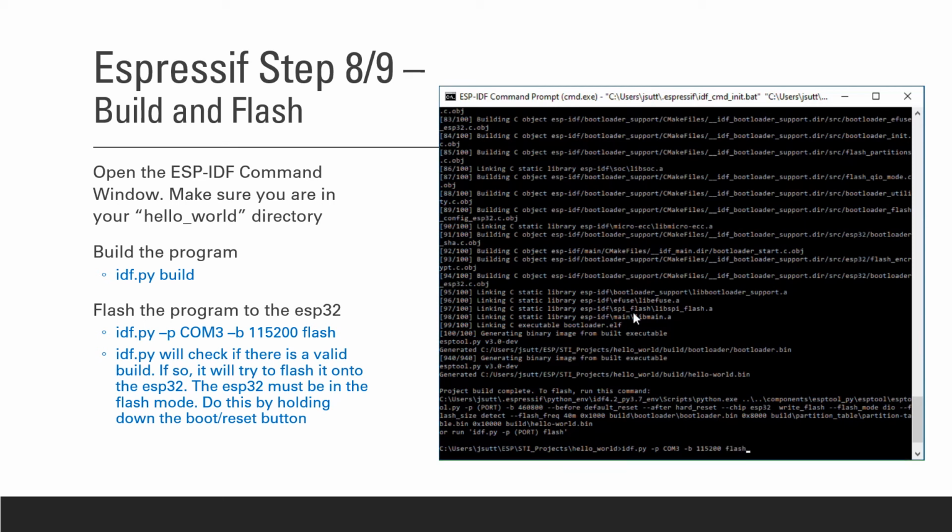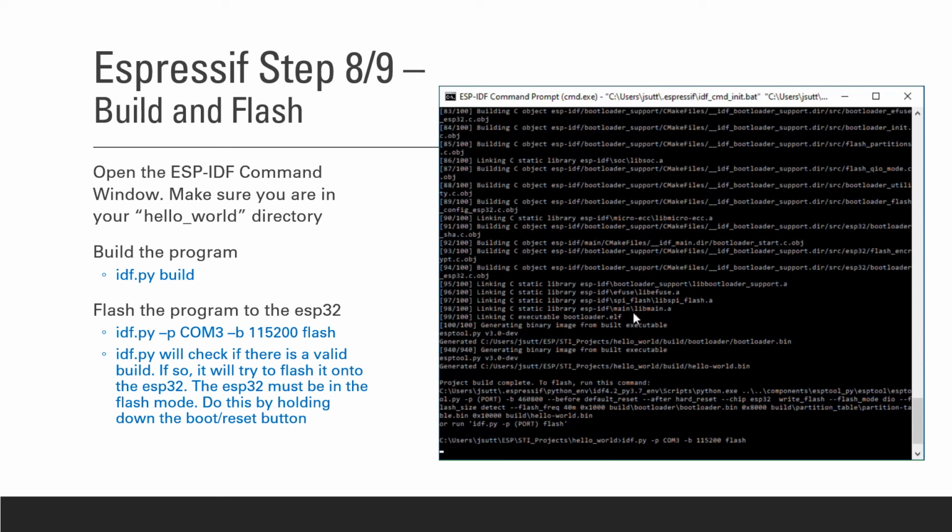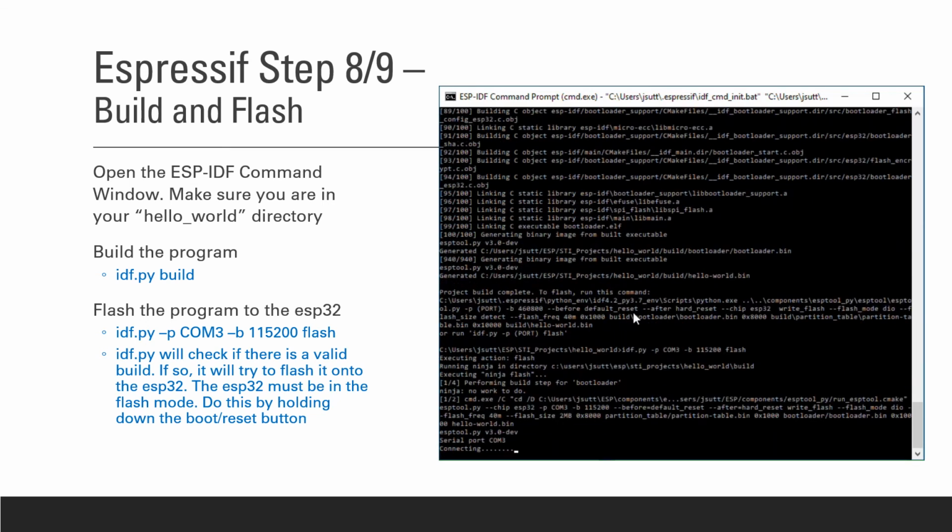So when I hit enter, it's going to try and talk to the ESP32 board, but it won't actually start loading the program until the ESP32 has said, I'm ready. So I'm going to make it get into a bootloader mode by pressing the reset button, and I'm going to tell you when I actually press this by saying I'm pressing it now. So here we go. It says it's connecting, so I'm pressing it now,